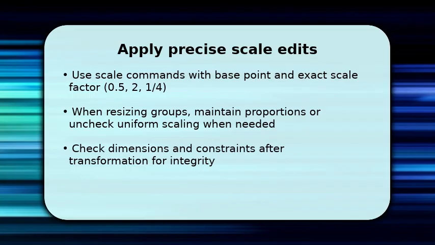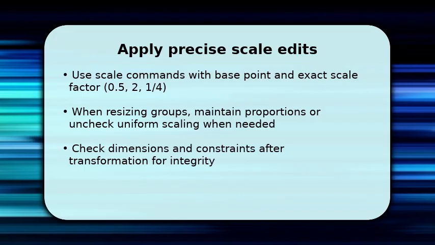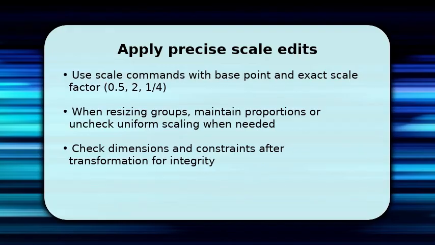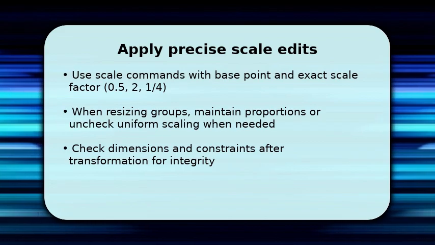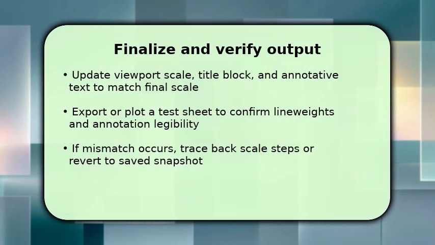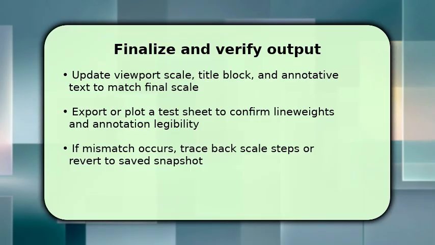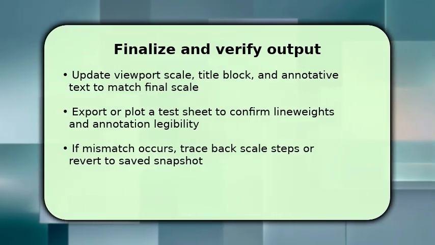After each transform, update dimensions and check constraints because automated dimensions may not update. Finish by aligning viewports and annotative objects to that final scale so text and dimensions read correctly on the sheet. Once done, export or print a quick test to verify line weights, hatch density, and text size at actual